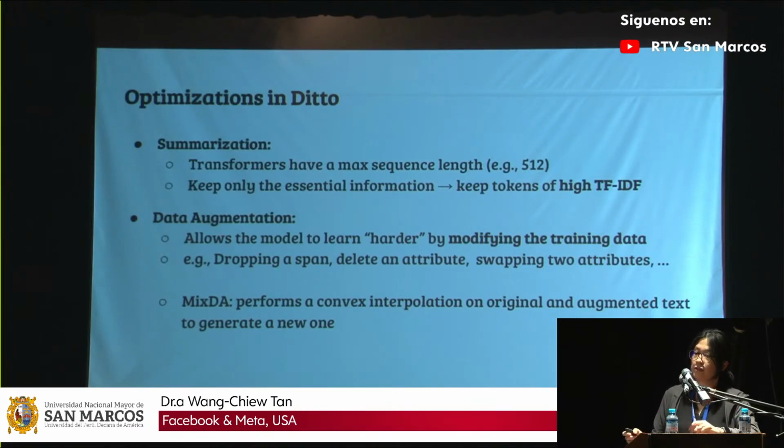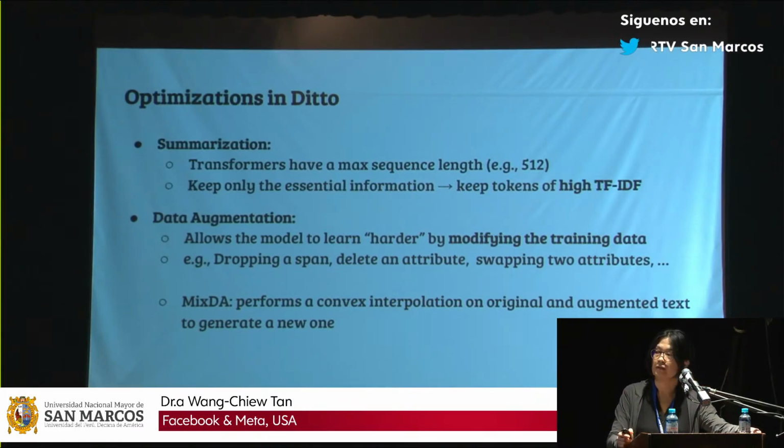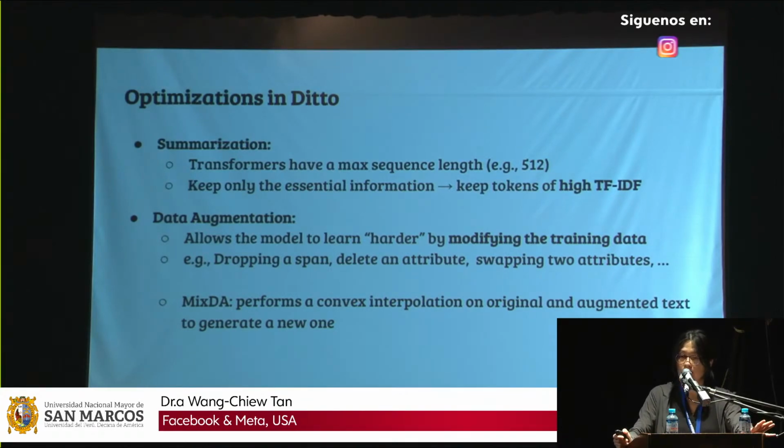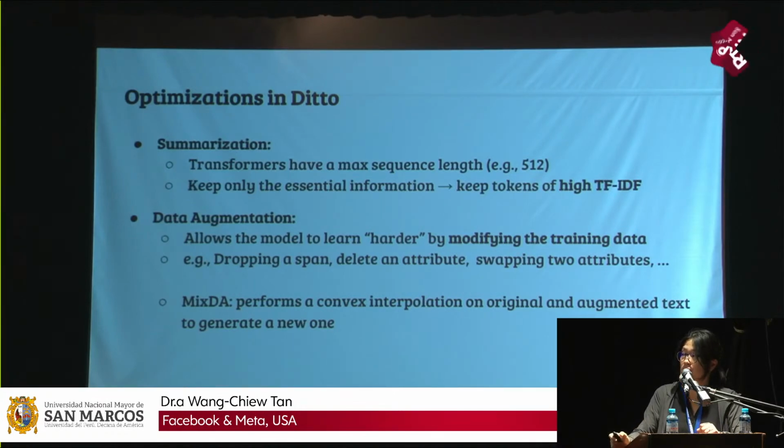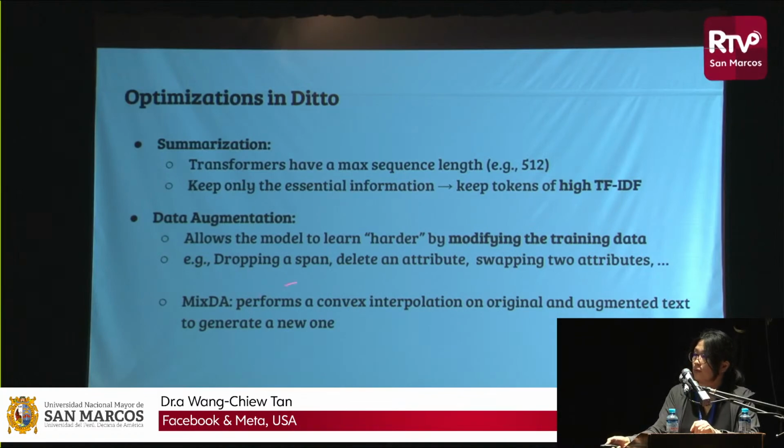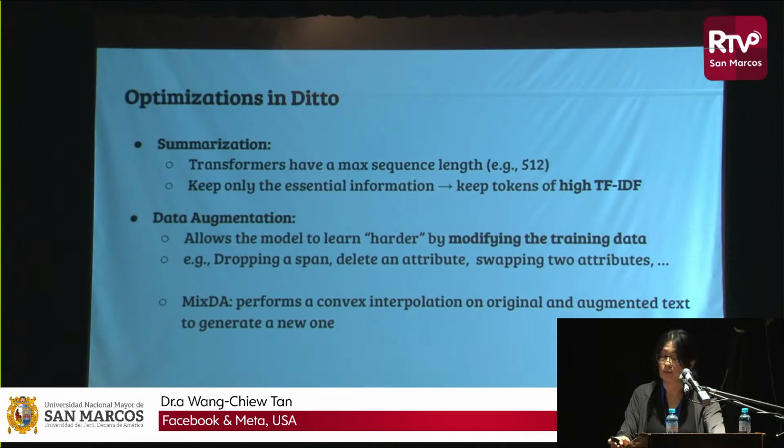The last optimization we did was data augmentation. This is just a way of getting more training data without having to get it from users and get labelers to do it for us instead, which can be really expensive. Now, for entity matching, there are certain things we can do, which is very important to do also, in addition